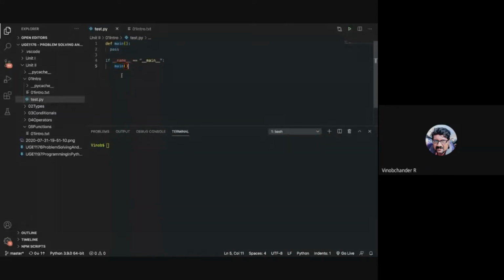Maybe C++ guys, you would have known this aspect from school: a function needs to be defined before it is called. If it is the other way around, if you call the function and then define it, that is called forward declaration, and forward declaration is not supported in Python.